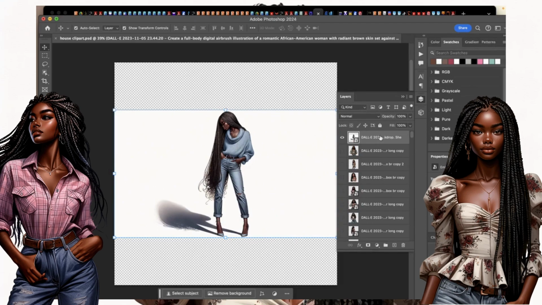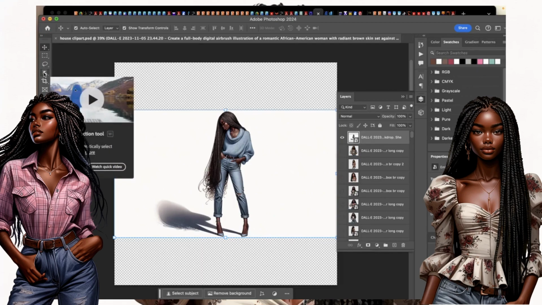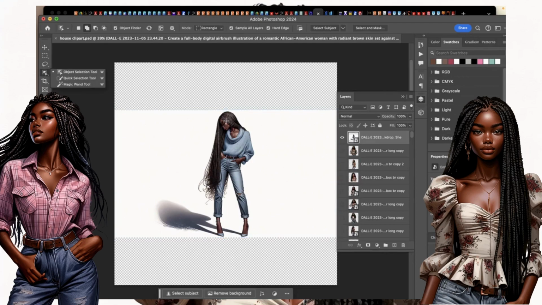All right. So now the first thing we have is when we bring in an image to Photoshop, when we embed an image in Photoshop, it comes in as a smart object. And this will indicate here that this is a smart object. So I'm gonna leave it alone for now while I edit it. So I go over here, and what we're going to do is click on the object selection tool, right? And then I'm going to come in here, and I am going to click where it turns pink